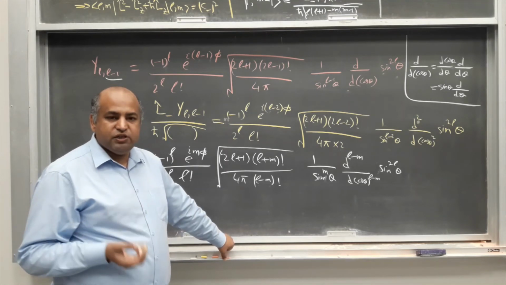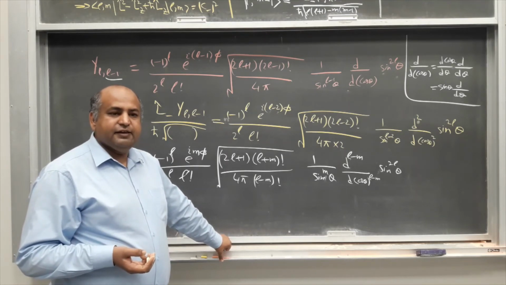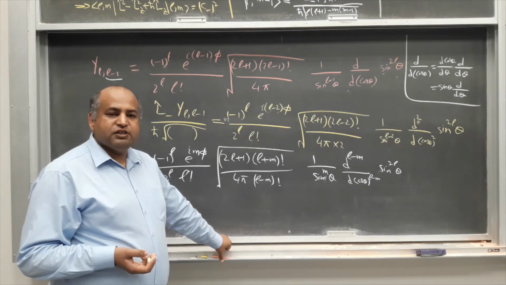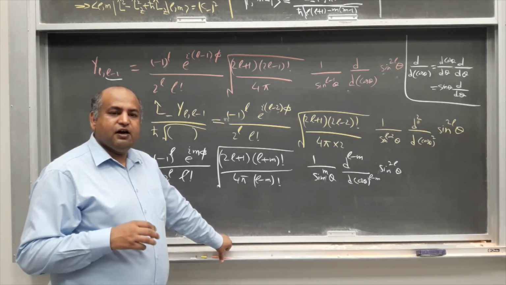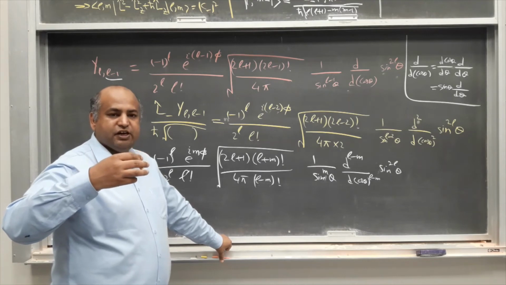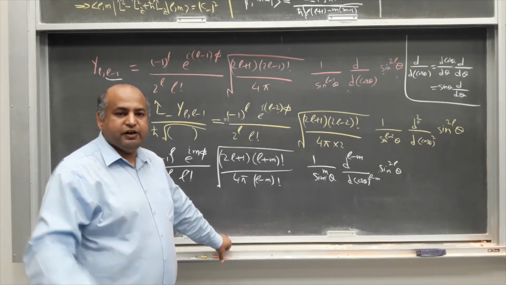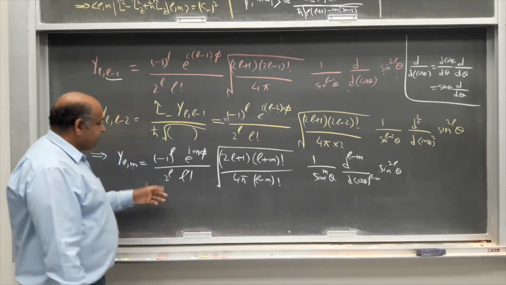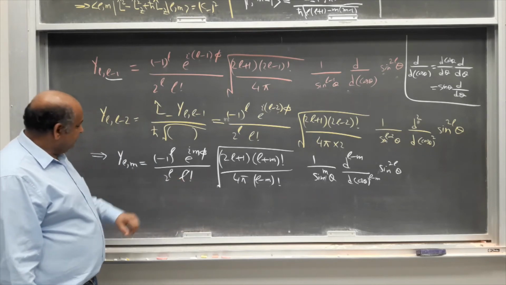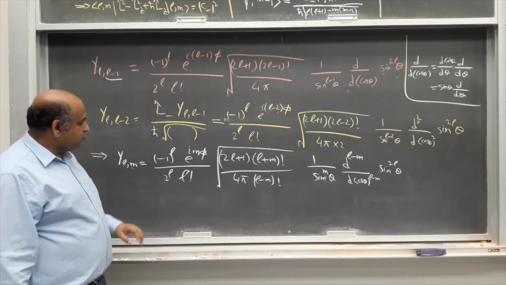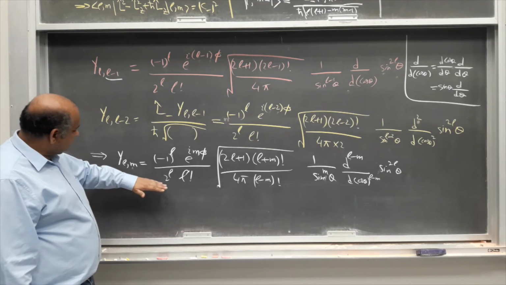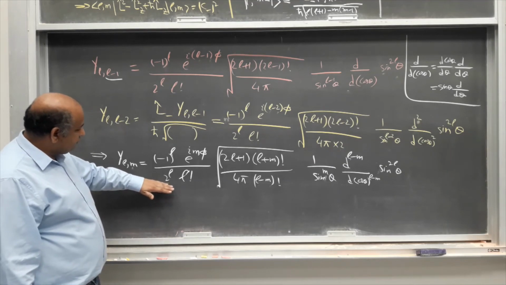We started from the lowest state over there, and then once we had found the lower state, we obtained the higher order, let's say the nth state, by applying the raising operator n times. But the basic philosophy is the same. I would just like to point out, before I move on to discuss some examples of this function, that you